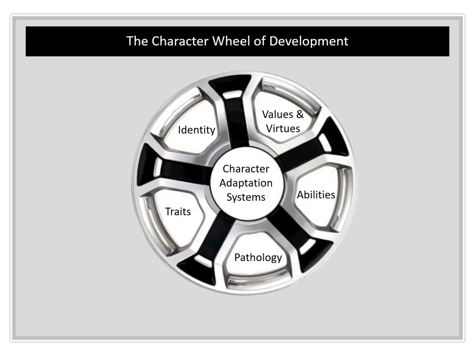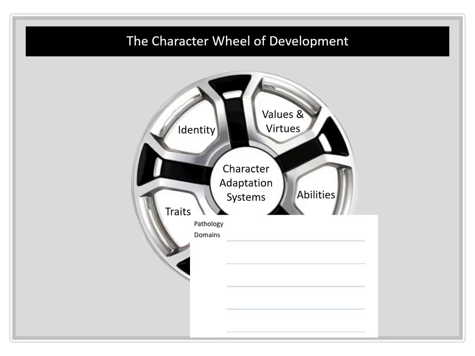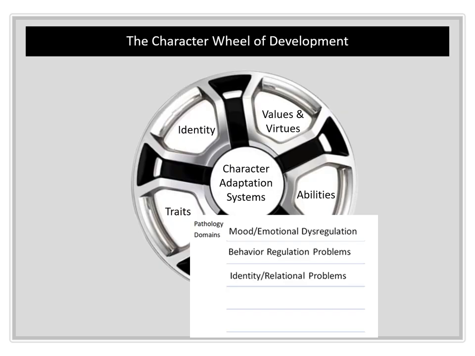The final domain refers to one's pathologies or challenges and vulnerabilities, and this can be thought of as a DSM-like characterization of difficulties in functioning. It might include things like mood and emotional dysregulation problems that would be associated with depression and anxiety conditions, behavior regulation problems, which would involve things like impulsive mood disorders and addictive behavior problems or eating disorders,